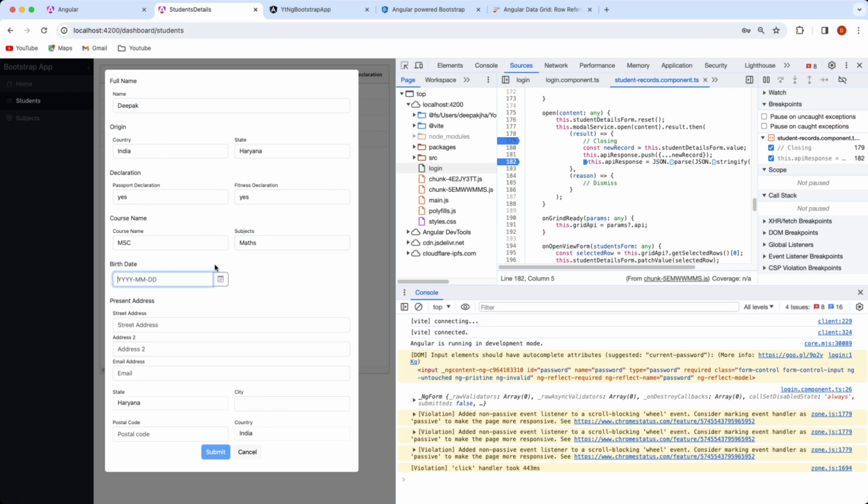Then we select the date of birth. So I can just select anything here. Let's say this. City is again the city where I live in. Let's say, right. So now if you notice, the submit button has become enabled because I've marked all these fields as